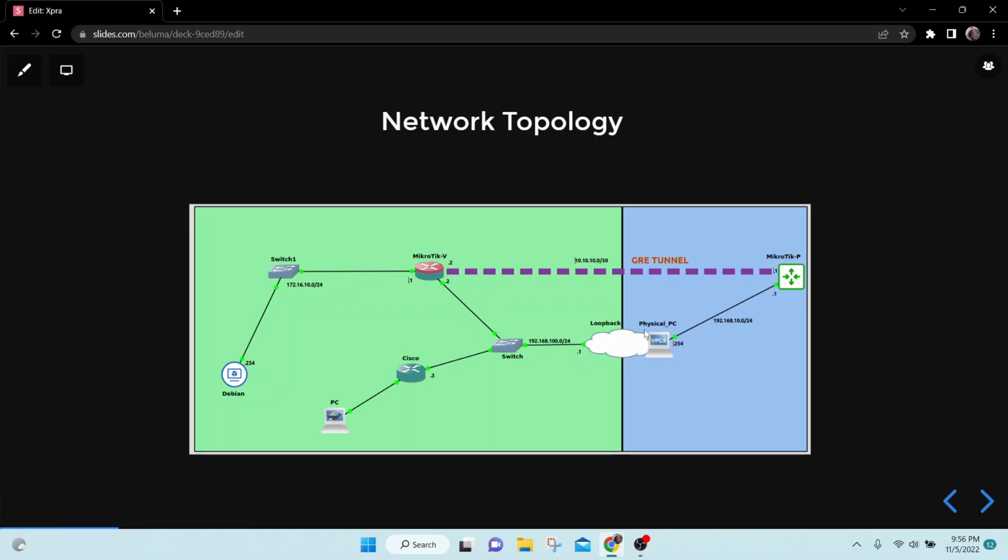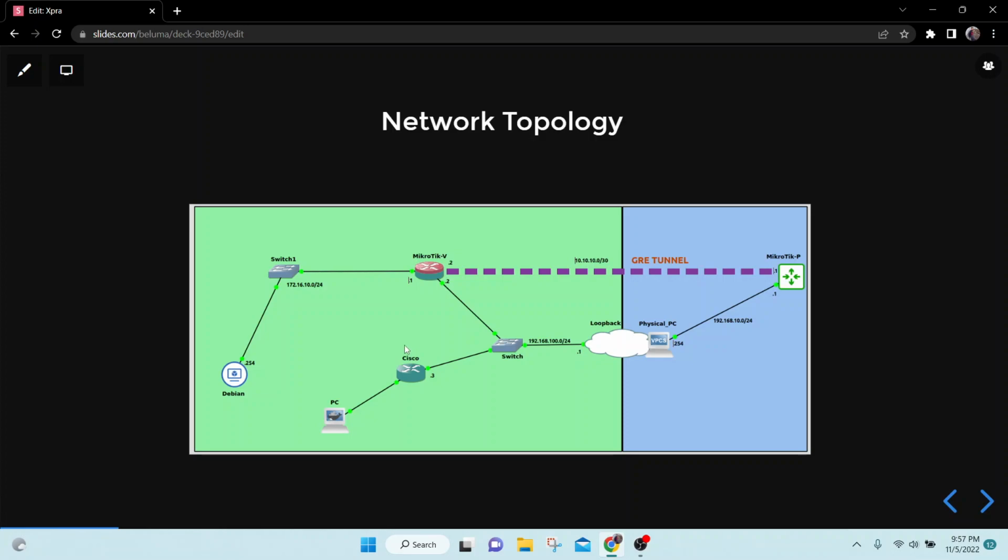And this one is a physical PC. On this physical PC, I configure a loopback interface, because without a loopback it won't be possible to access a Real MikroTik device from your